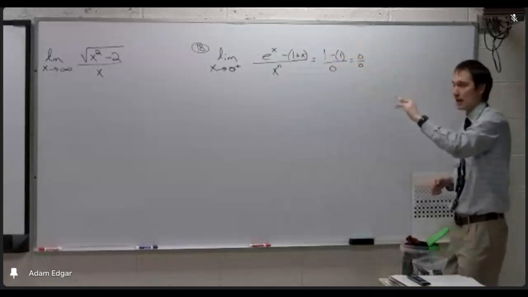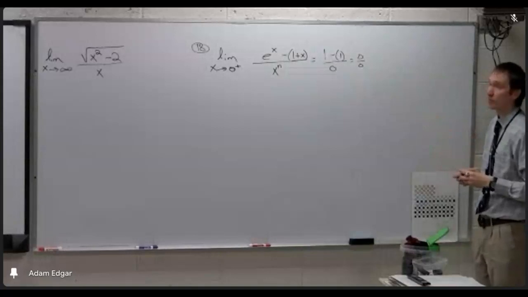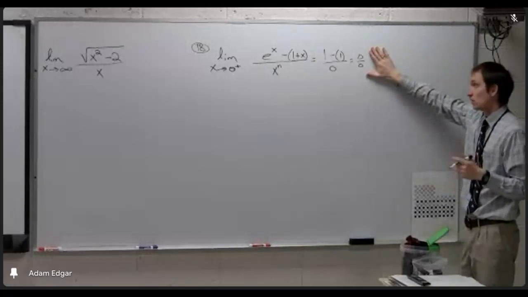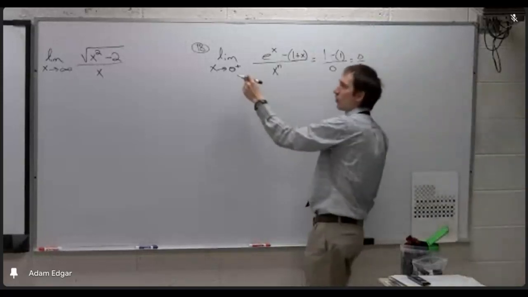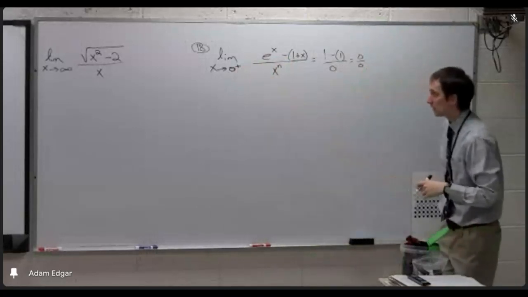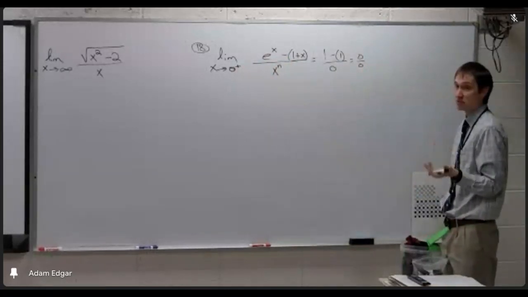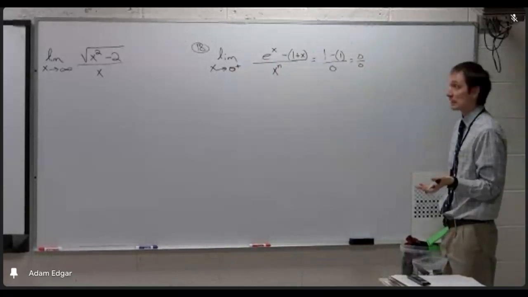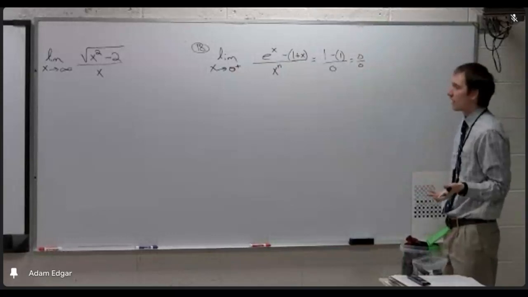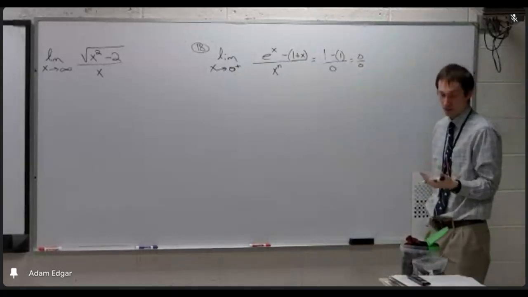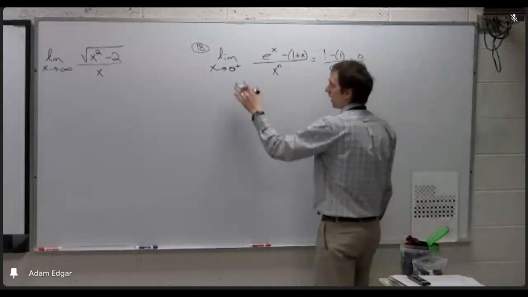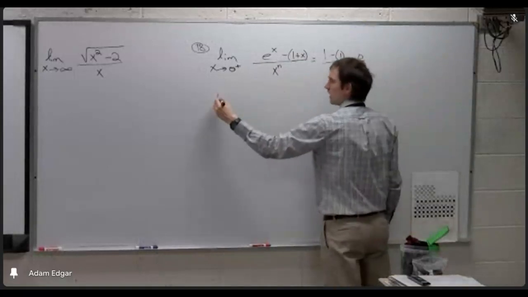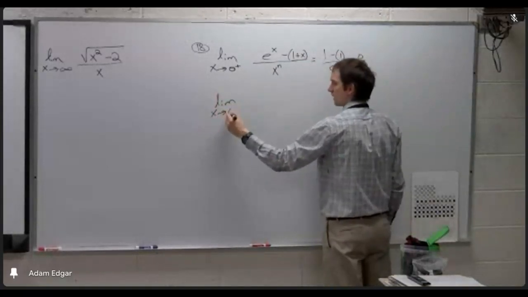So this says L'Hopital's rule applies in number 18 because if you try to plug 0 in for x, you get 0 over 0. And the fact that we're approaching 0 from the right specifically, at the moment, doesn't really change what we do. As with a one-sided limit, the thing to do is see, can I just do this the way I would do any old limit? And if I can, I don't need to worry about the fact that it's coming from one side. So at this point, because just plugging in 0 gives me 0 over 0, that means, okay, let's do L'Hopital's rule. Take the derivative of the top, take the derivative of the bottom,